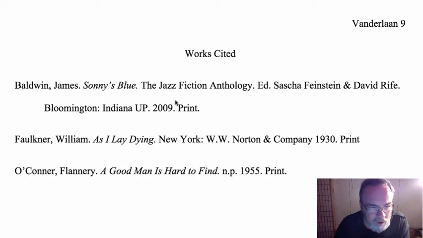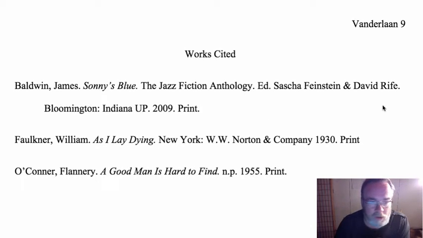Last and first name of the author. If it's of a particular edition, you put that there. If there's editors, you want to identify the editors, the place, location of publication, city, and then in this case, it's Indiana University Press and the year. That, by the way, should be a comma there, not a period. All right. For the novel, same kind of structure. If you're unclear, notice how they all have print at the end of them. If you're unclear about a citation, you can always email, text, or call me,